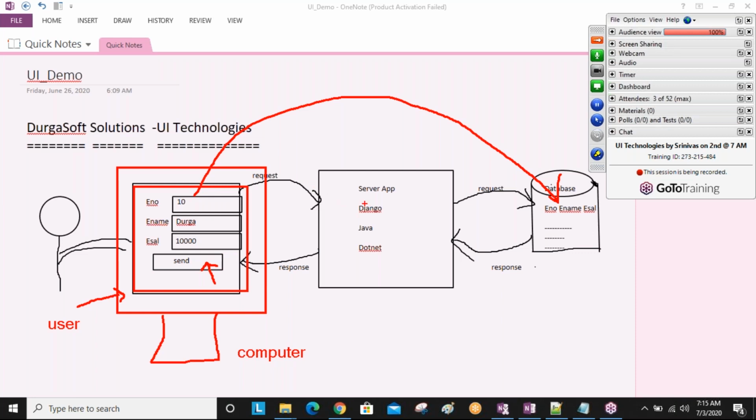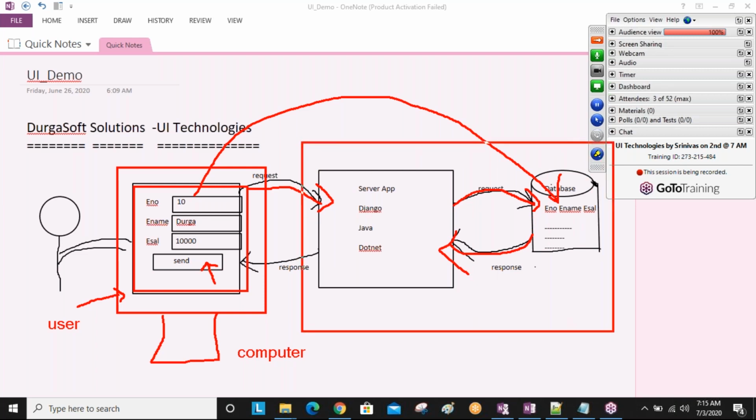A server side application is a Django application, Java application, .NET application, Python application, and so on. The server receives this data, and then sends it to the database. The database returns a response.